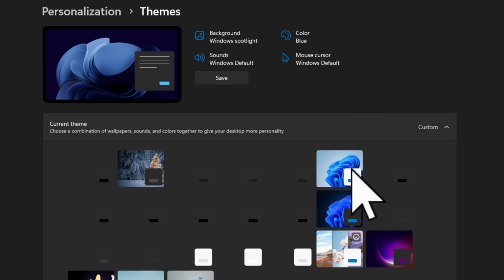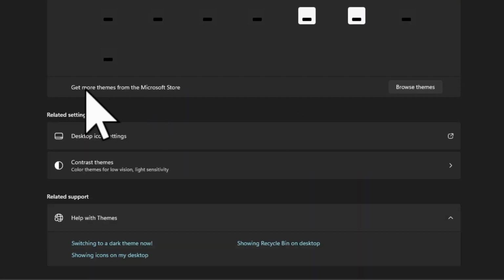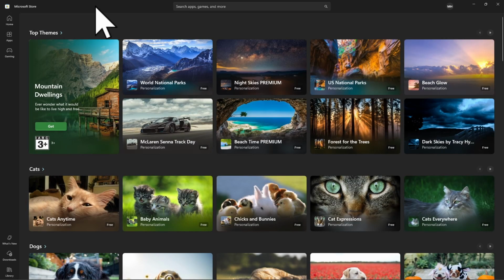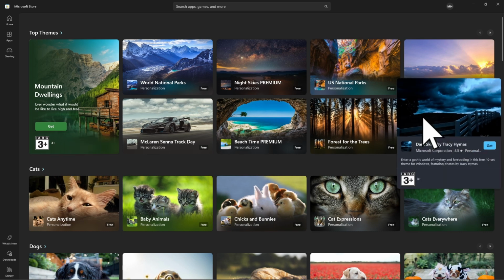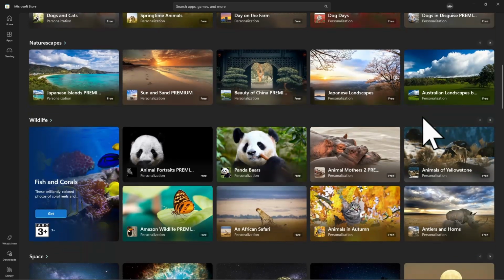If you didn't like them, you can simply scroll down a little bit, and here you're going to find the option called Get More Themes from the Microsoft Store. If you click on the Browse Themes option, it's going to open the Microsoft Store. And from here, you can get lots of free themes that you can simply download